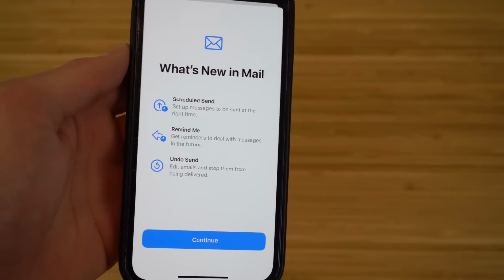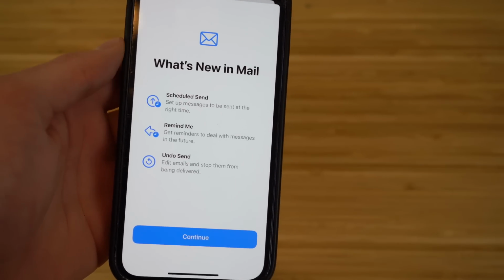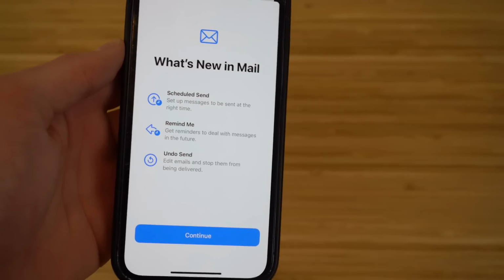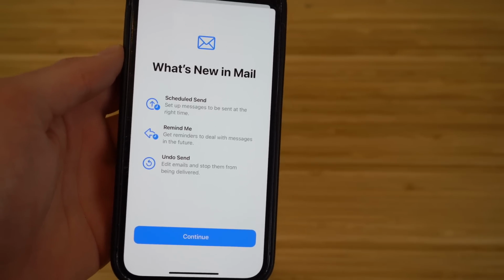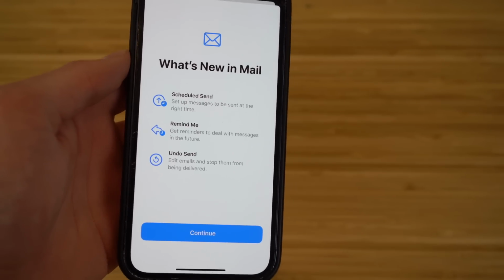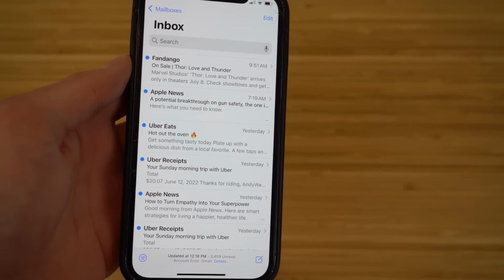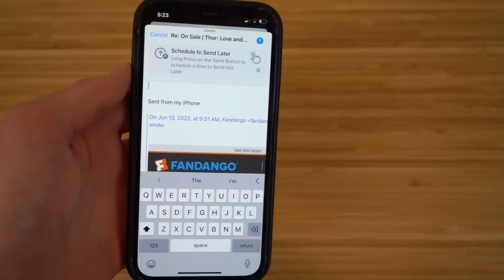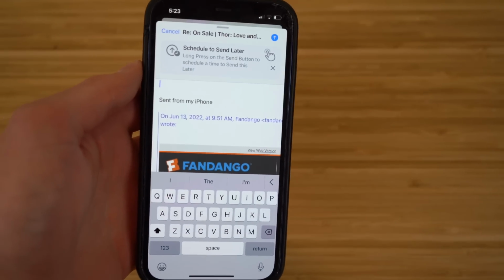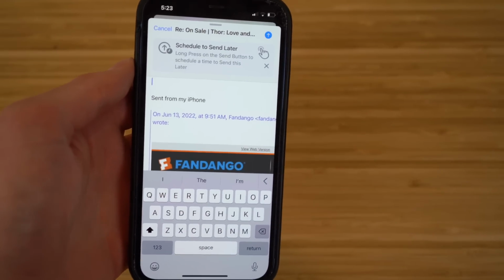So if you guys need to edit it or if you made a mistake when typing it, you can just undo that or edit that in any way you want. It's super convenient and innovative, and I want to show you a little bit how this works. So let's click continue right here, and now we're on my messaging app or my email app on my iPhone. As you can see, I'm currently drafting up an email to send in my messaging app on my iPhone,